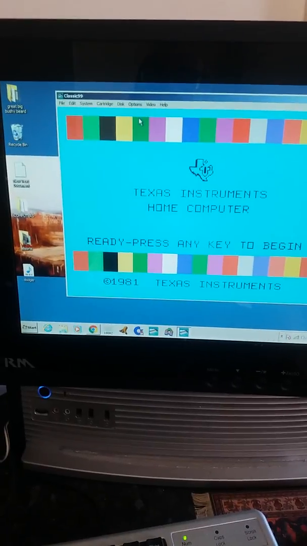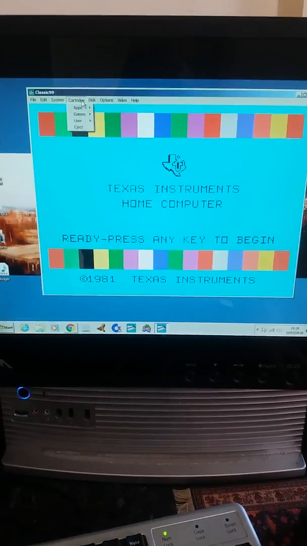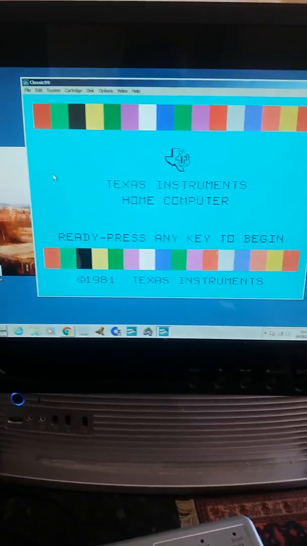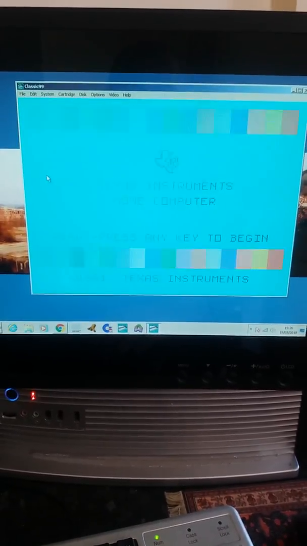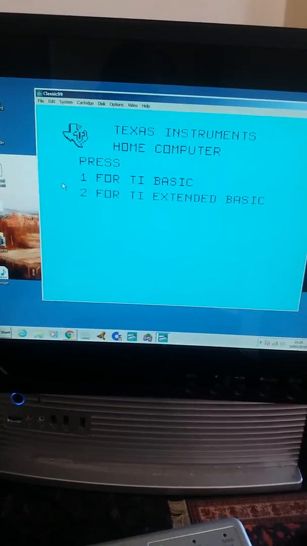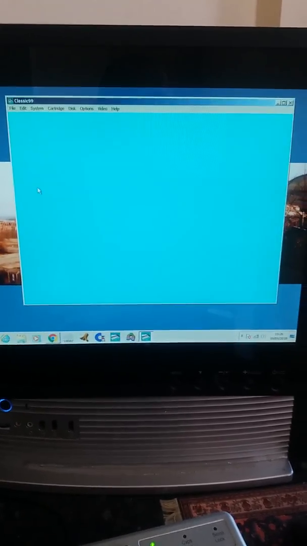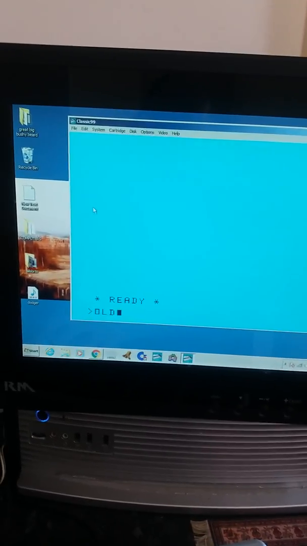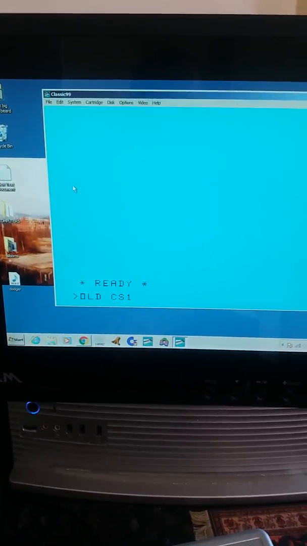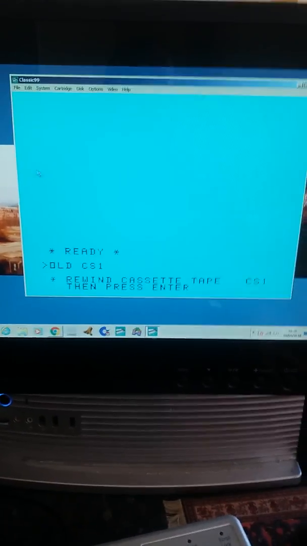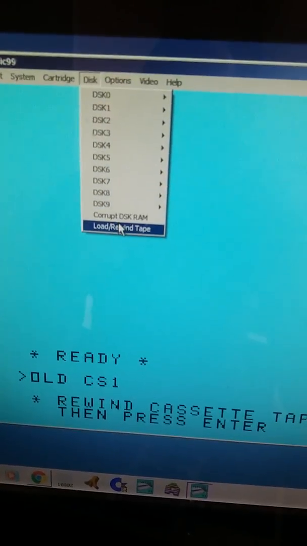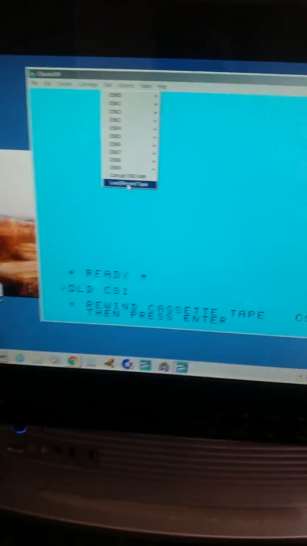Right, so first of all, we make sure we're in Extended Basic in the apps. There we are. So press a key to begin, go through to Extended Basic. Right then, hold CS1 and press enter. It's at this point when we go to disk and you see here load rewind tape, and